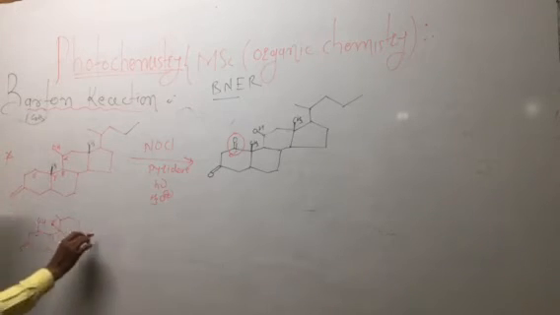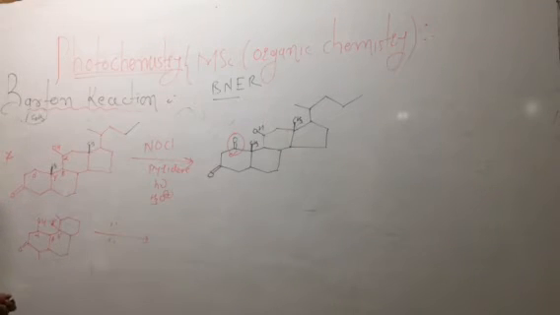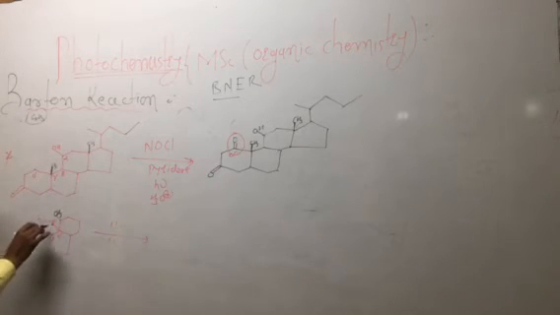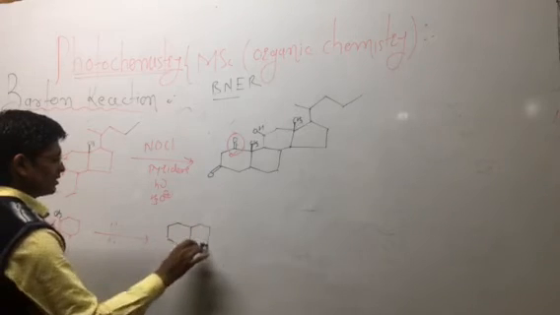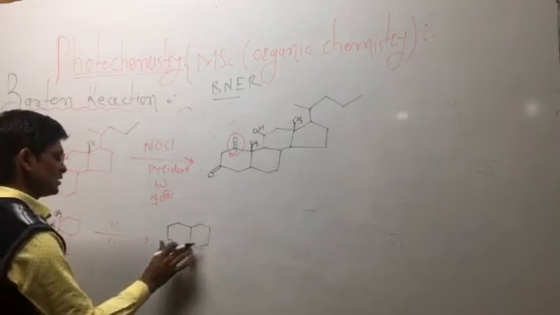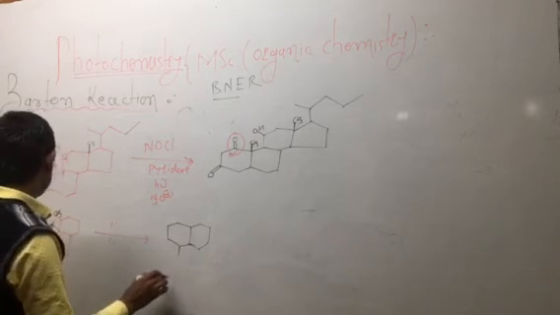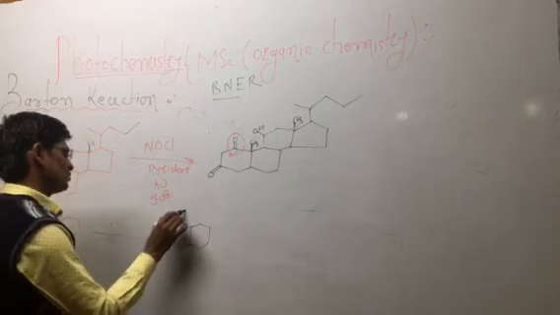So these are CH3 atoms. What happened? The same reaction conditions: NOCl, nitrosyl chloride, pyridine, photo irradiation, and hydrolysis in acidic condition. These CH3 groups are on the delta carbon. Sorry, here is also a delta carbon atom. This is not delta; alpha, beta, gamma, and delta. So what happened? This type of product is obtained. This methyl group is as it is. Here the top and bottom methyl groups are as they are. This is CH3, this C double bond O as it is. Again this OH is also as it is.